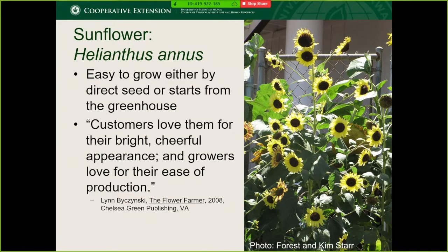So you can see the little flowers and the nice glossy green leaves. So that moves us on to the new cultivars that I mentioned due to our visit down to the plant quarantine. So I picked sunflower also because it was an annual. So we knew that in the 3-year time of the project, we could get several growths of the plant. It's easy to grow. You can direct seed it. There's a potential for